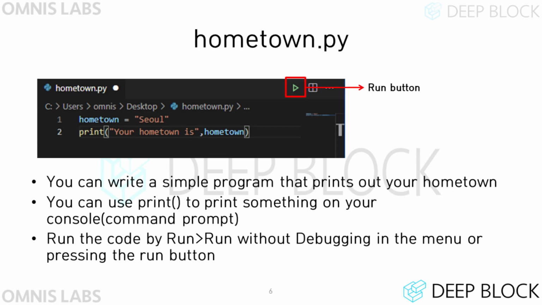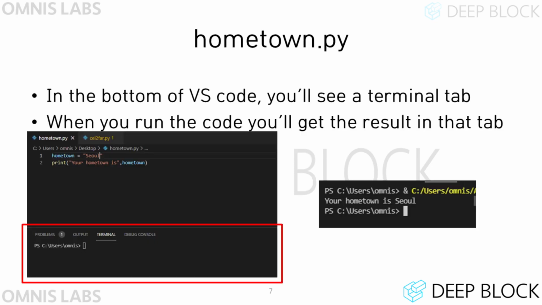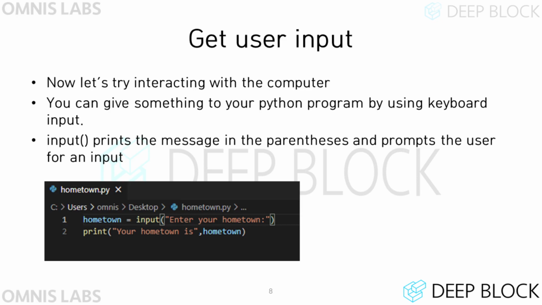After saving the code you wrote, you can run the program in script mode by clicking Run Without Debugging in the menu of VS Code, or clicking the Run button at the top right. At the bottom of VS Code, you will see a Terminal tab as shown. If you cannot find Terminal, click Terminal and then New Terminal from the menu to open the Terminal window. If you run the code by clicking the Run button, you can see the execution result of the program at the bottom. You can see your hometown is printed on the terminal. Now you learned how to print a variable or value on the screen in script mode.